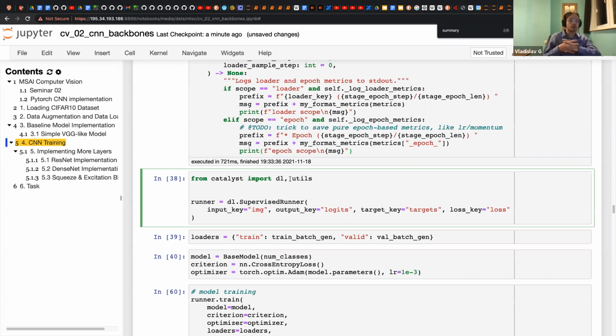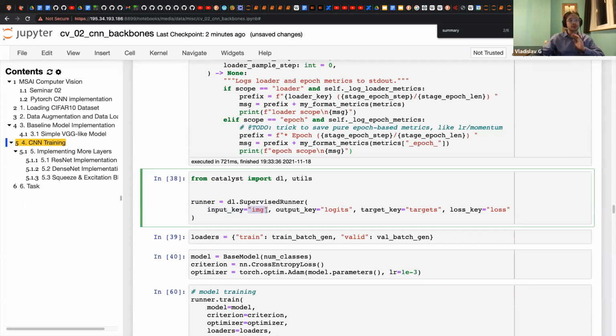That's why we have a really nice structure of this. For example, input key, this is what is returned by dataset. So in a batch, which is returned by data loader, we'll have key of input key.